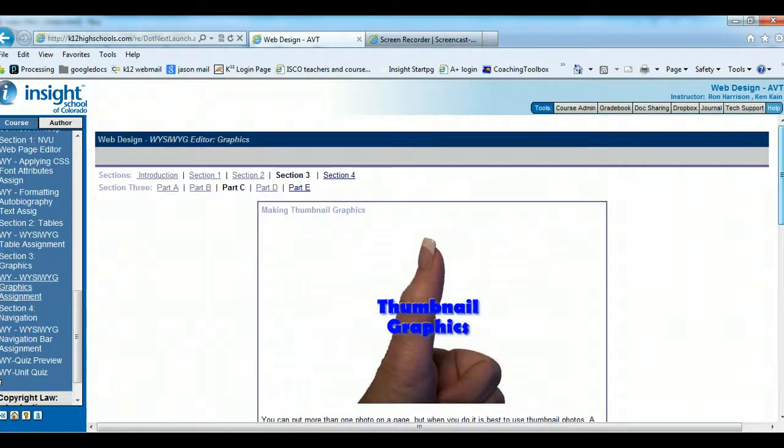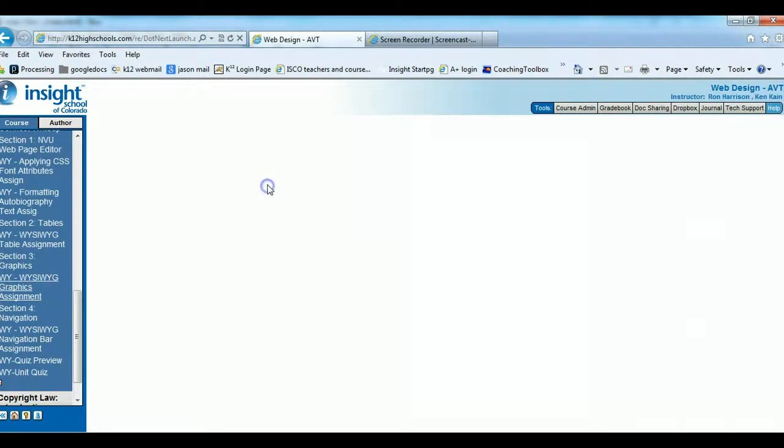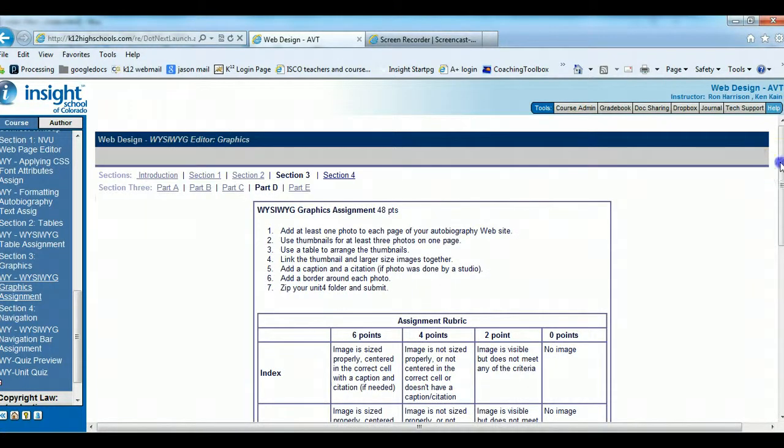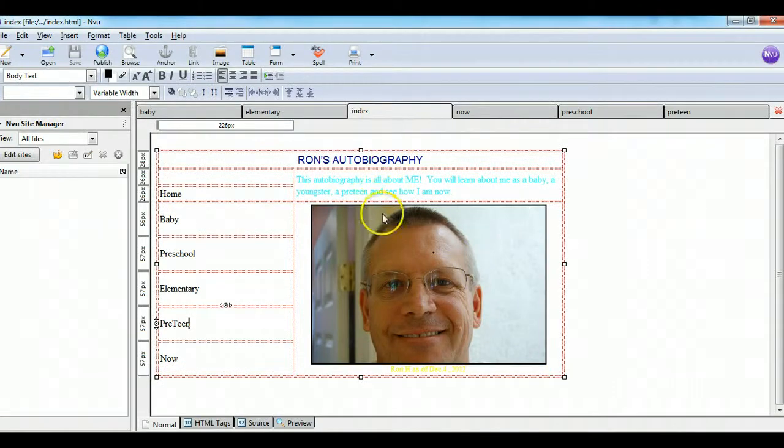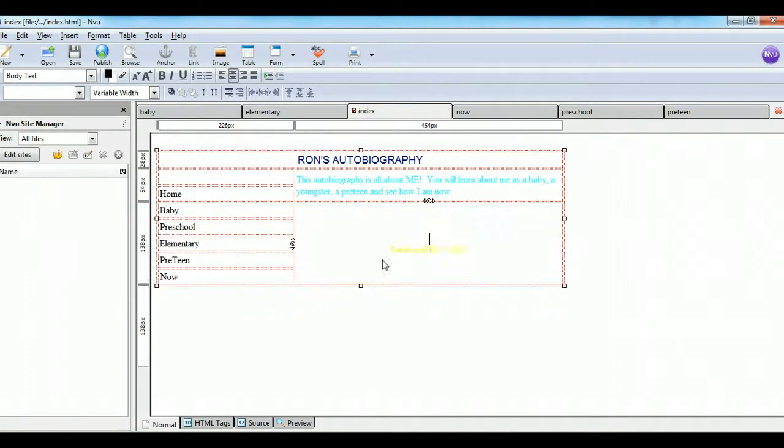So what I would do if I were you, I'm going to go to Part D where it talks about that. So here's the picture: at least one photo on each page of your autobiography, thumbnails for at least 3 photos on one page. So what I would suggest is you go to your index page, and on your index page you put the thumbnail. So if I was doing this work, I'd go to my index page, I'd take that picture out, and then right in here,